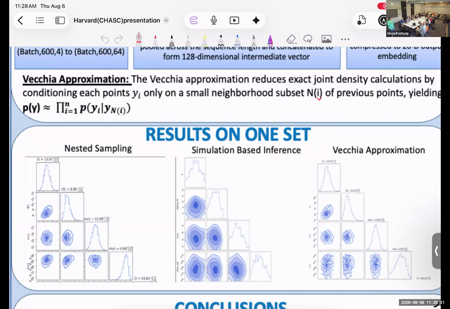So our latent function f(t) follows the GP mean and covariance function that we have, and from that we are generating observed data, which are independent observed data, and they have x(t) along with measurement errors. So that was our observed data. And how large is that vector that's being passed through? 600 cross 4. Okay, so essentially your neural network is being trained on a 600 cross 4 input. And when you feed it into the neural network architecture,